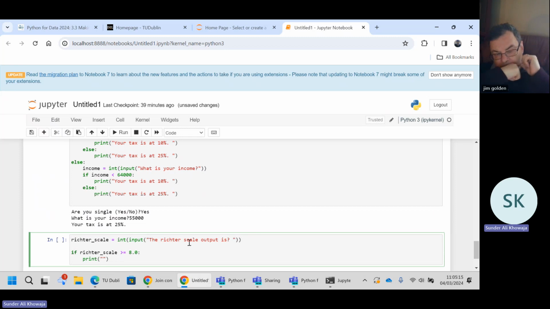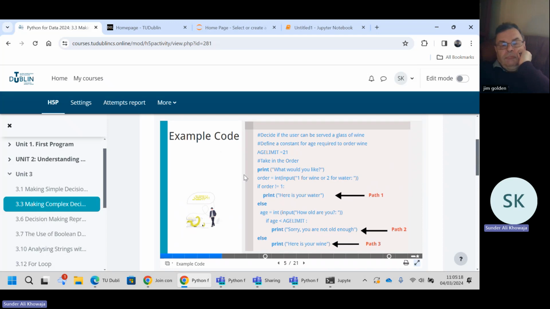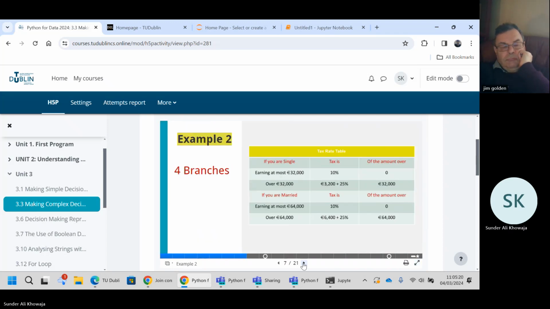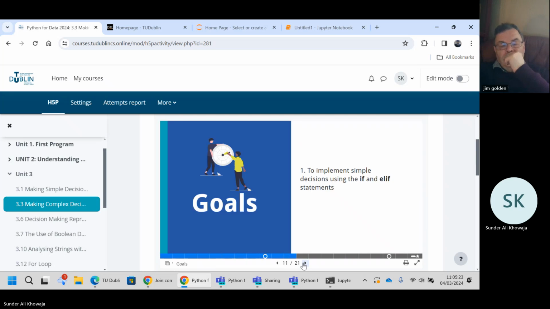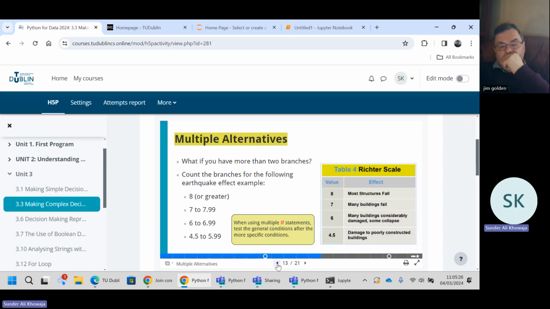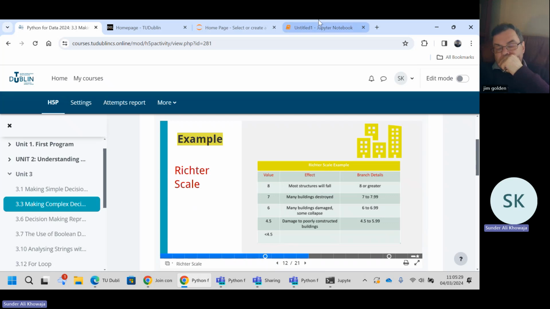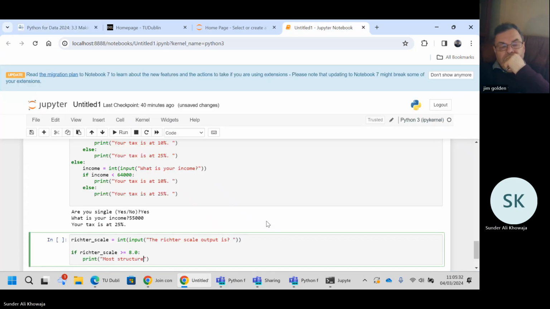most. So let me see what the condition was here. Yeah, so this one: most structures will fall. And we can use else if Richter_scale is greater than or equal to